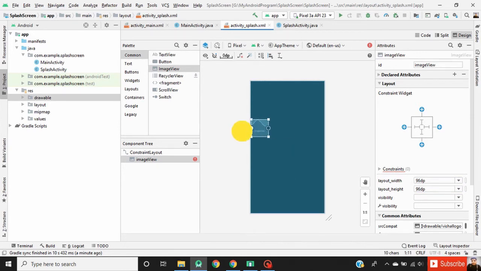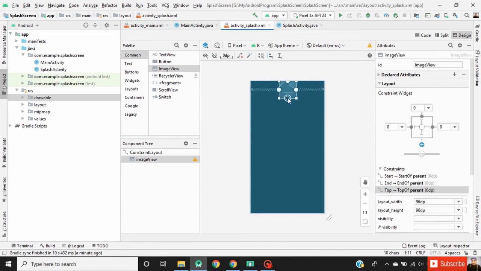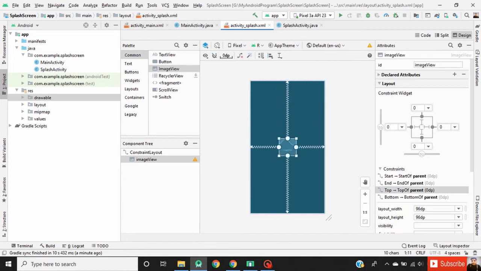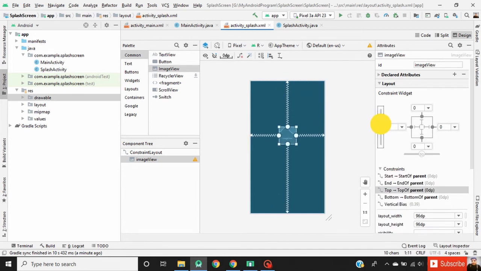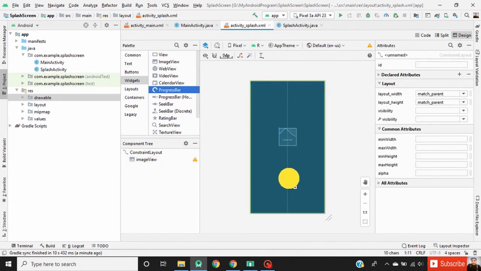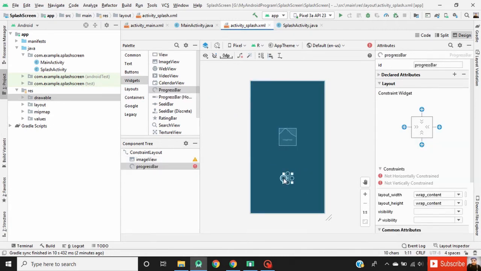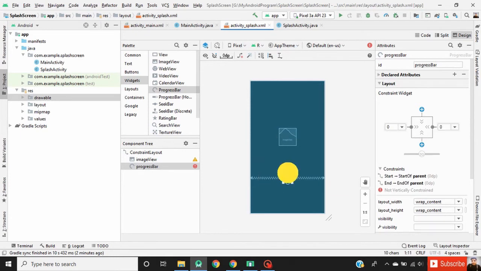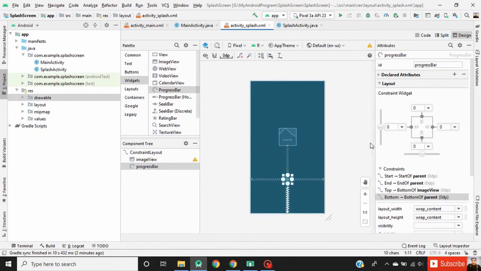Now define constraints for this image view. Set the vertical bias of this image view. Now click on widgets and drag a progress bar into our activity layout and set the constraints for this progress bar and set the vertical bias.